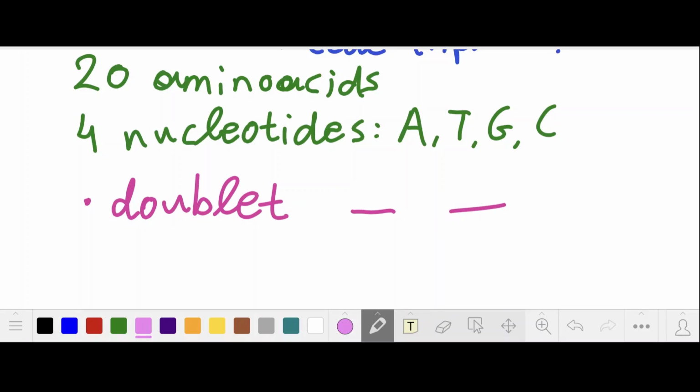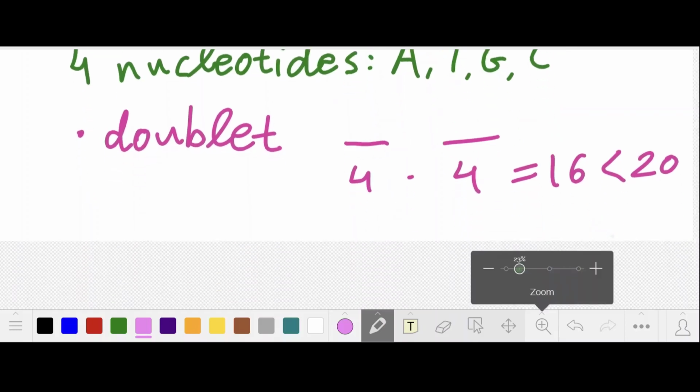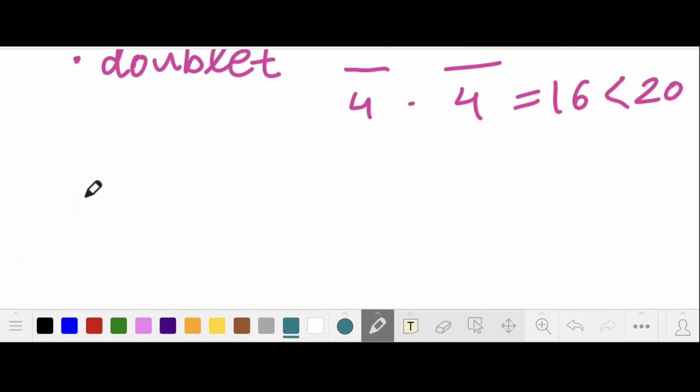Each of them could be A, T, G, or C, so due to the multiplication principle, we would have 4 to the second power equals 16 codons. Notice that 16 is less than 20, so there would be 4 amino acids that wouldn't match with any codons, thus the code could not be doublet. Since the genetic code is triplet,